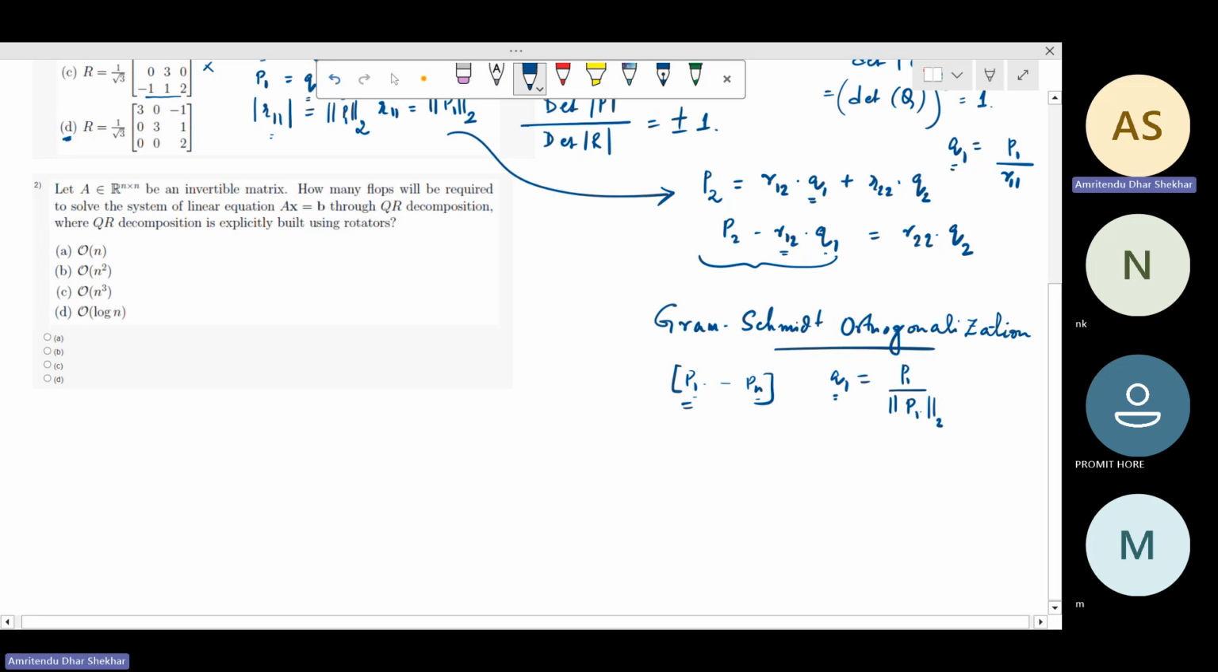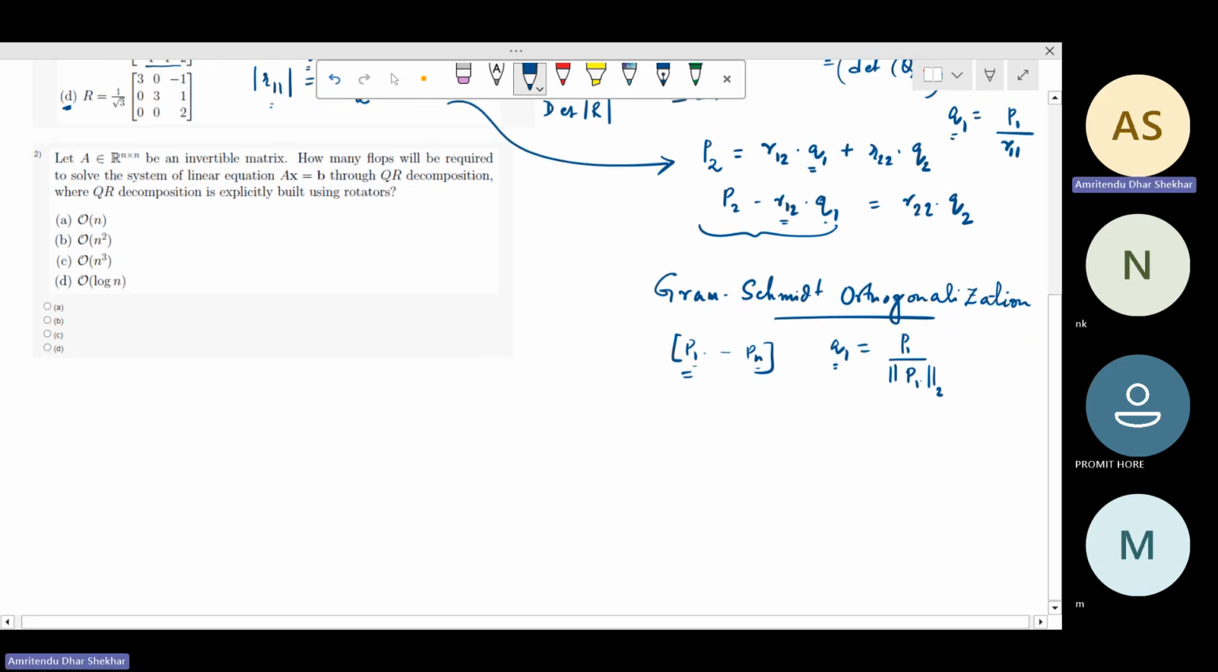So next, you write another vector Q2. Sorry, you set Q2 as equal to P2 minus